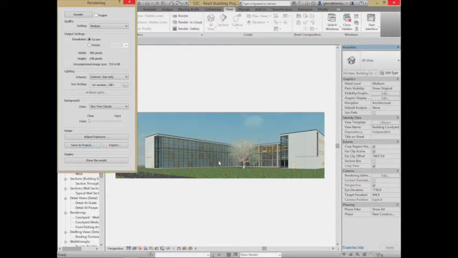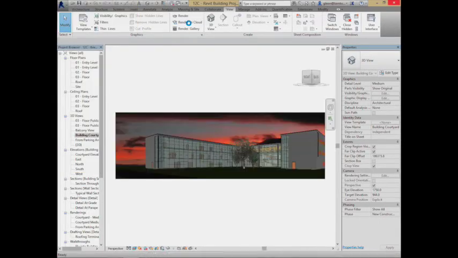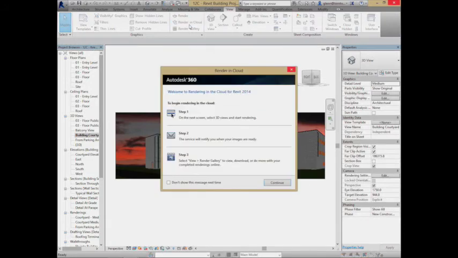Now, you can continue to render things just locally. That actually works just fine. Nice thing about local things is you don't need to be connected to the cloud. You don't need any sort of internet connection to do that. But it takes up time on your computer that you might want to be using to keep on modeling or some other sort of work. So if you would prefer not to render on your own machine, you could also render in the cloud. We looked at that just real briefly last time. If I say render in the cloud,